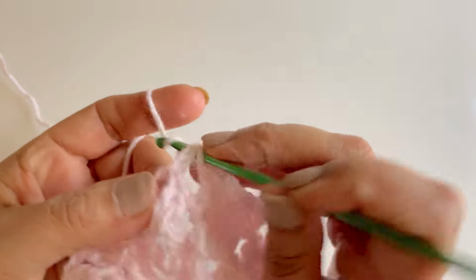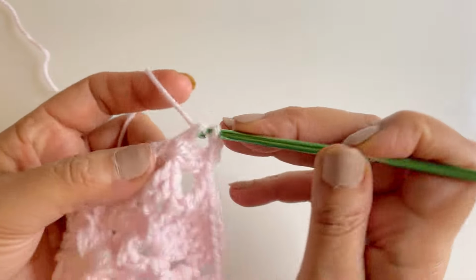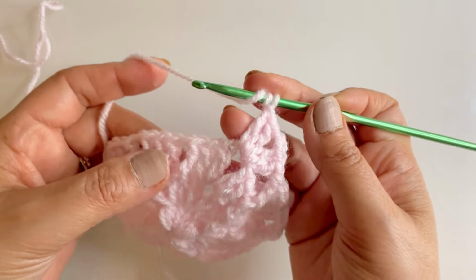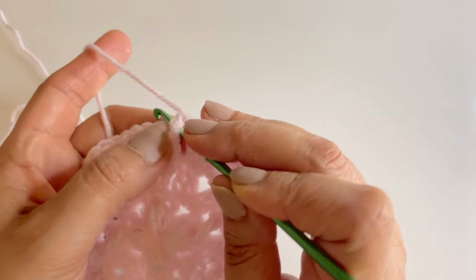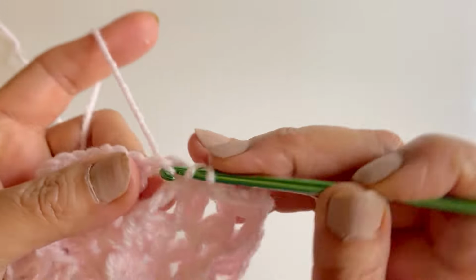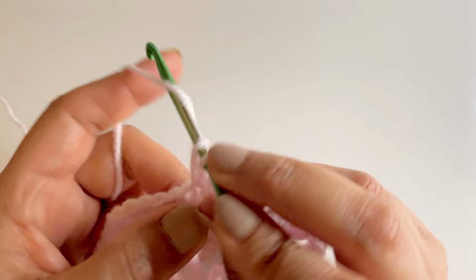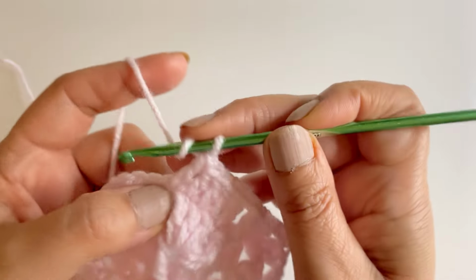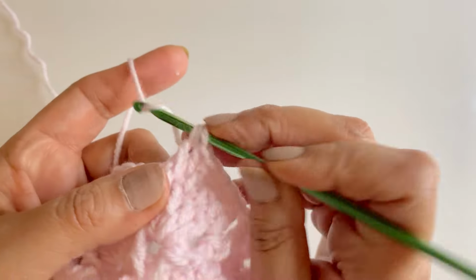Straight into the corner, and corners are always 2 double crochets, chain 2 and 2 double crochets. Get ready with your front post treble onto here. Skip these completely, we don't need those. Chain 1, 1 double crochet in the space, 3 on top of the other 3, and you'll have a total of 5. That's 4, 1 in the space, wrap the yarn around twice and go and do a front post treble